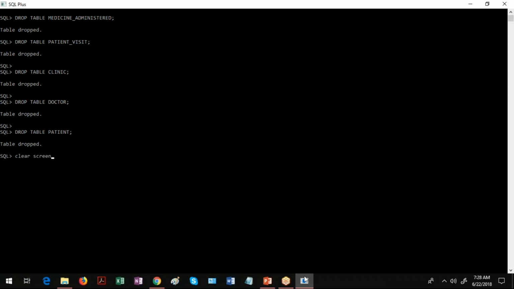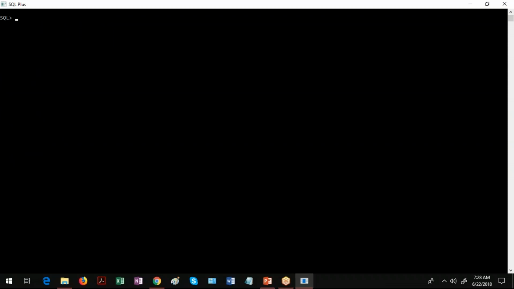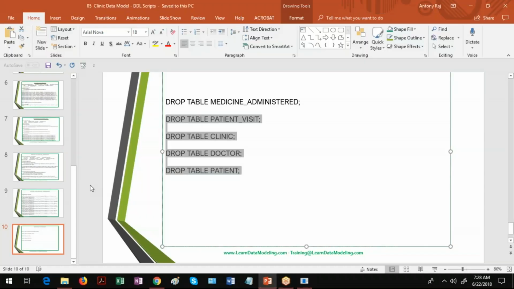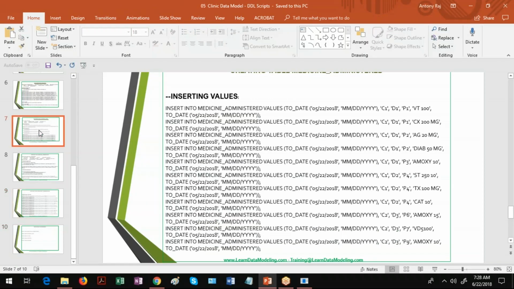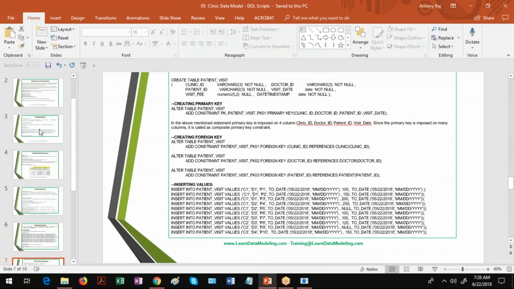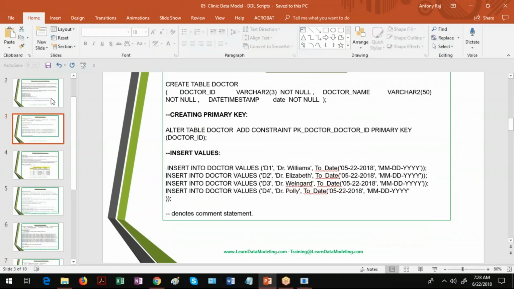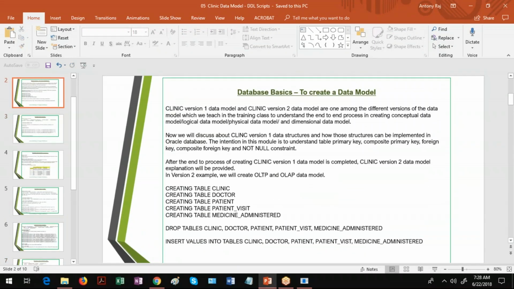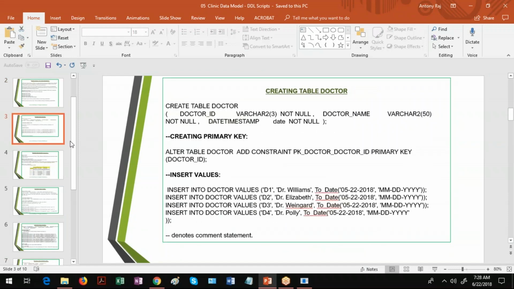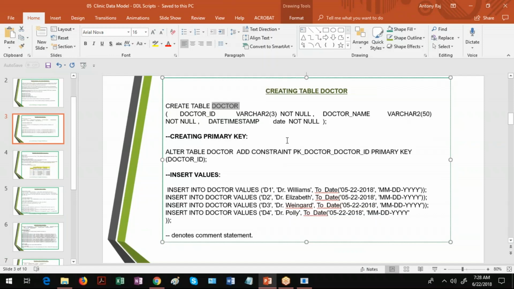Let me go to the first table that we are going to create. The first step is to create this table called doctor. Create table is the syntax.